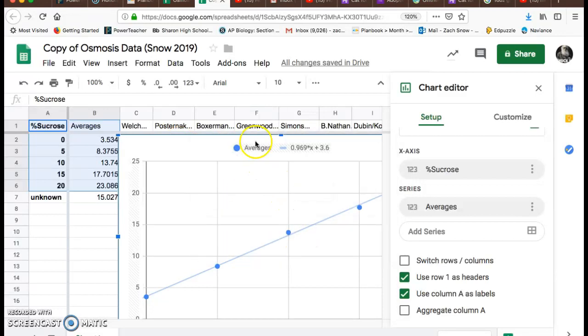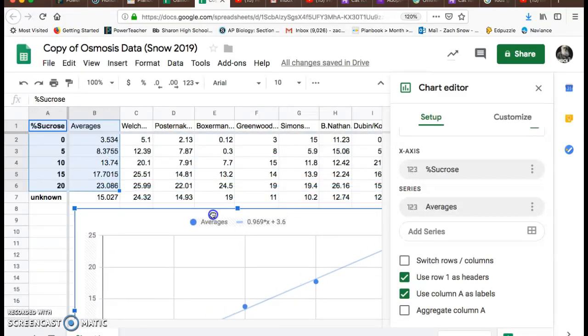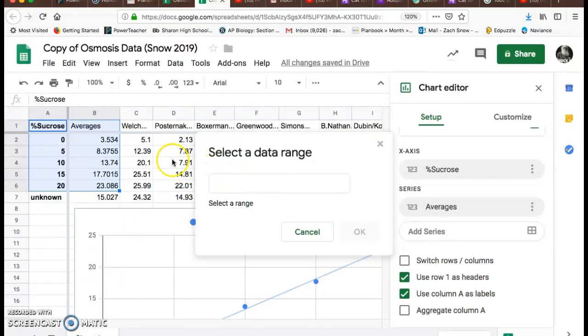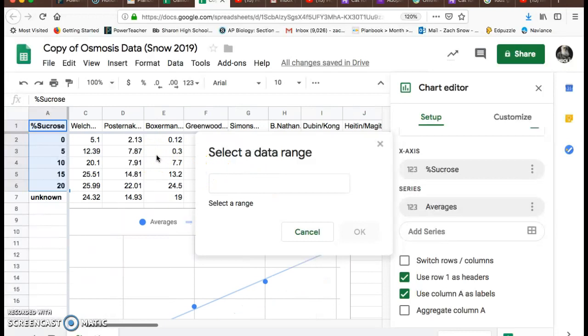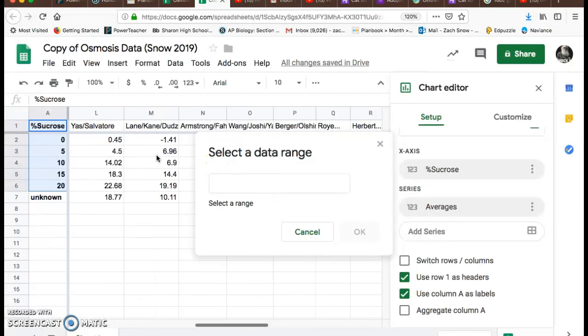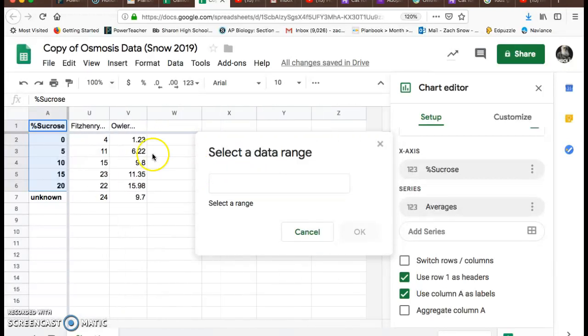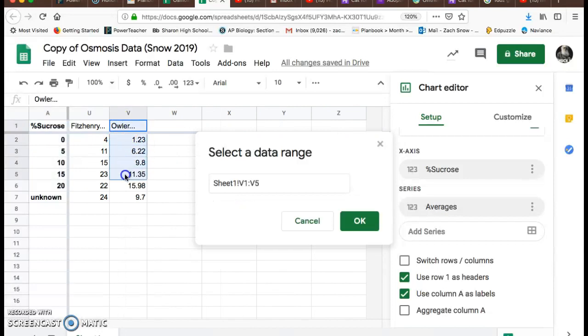Sorry, this thing's in the way. Let me move the graph down. Try that again. All right, add series. And now I'm going to find whatever data is mine. So for your class, we'd have to scroll over here. Let's say I'm in MS group. I'll take that, highlight it, click